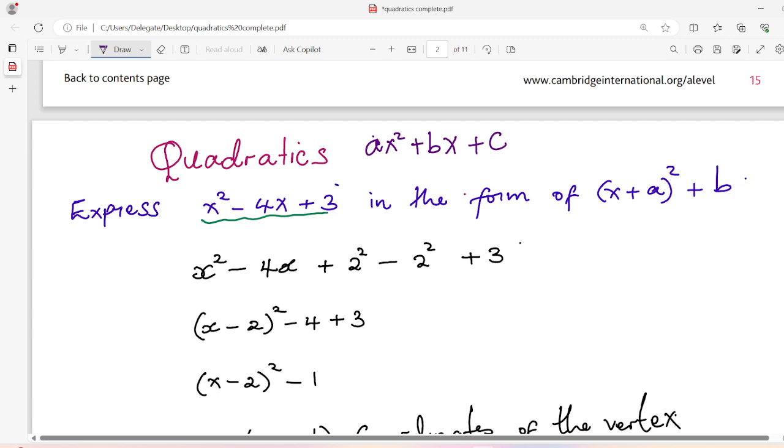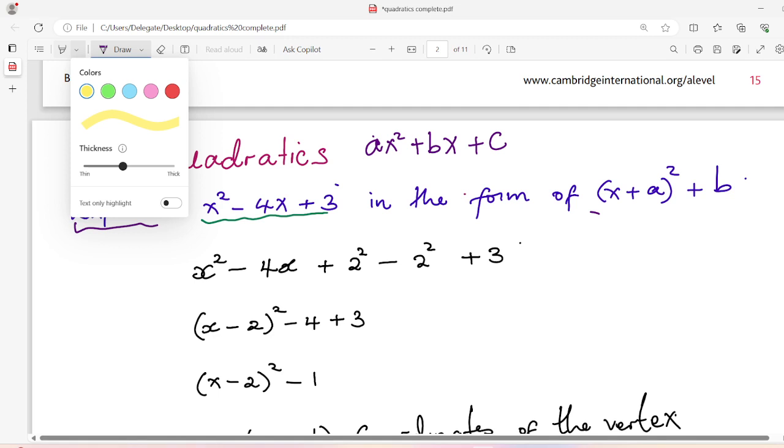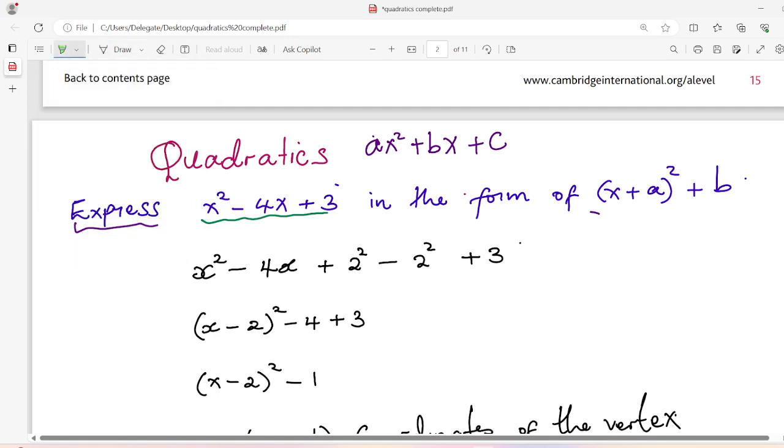Here we are asked to express this quadratic equation in the form of that. It is one way of telling us that we need to complete the square. When we are completing the square, the first thing is that we make sure the coefficient of x squared is 1 and positive. You can see that this x squared, its coefficient is positive 1. That is one of the rules. And then you can go ahead and rewrite this expression,